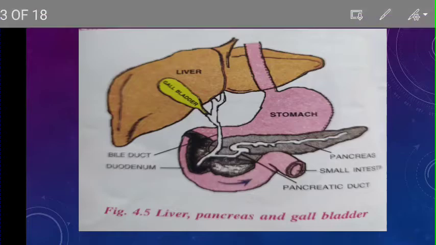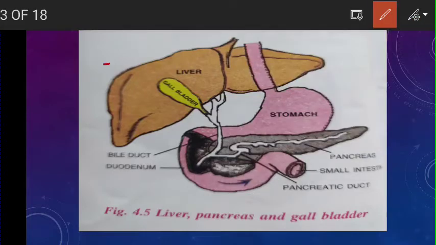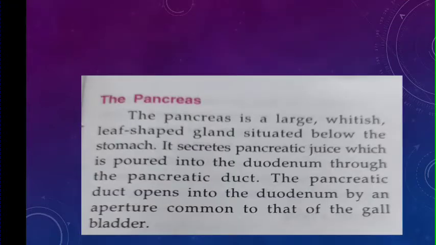This is the diagram of the bile juice, liver. So here you can see liver, and this is what? Gallbladder. So gallbladder, where is it situated? Gallbladder is an organ found just below the liver. Clear? Then this is the stomach. This one is pancreas. This is the small intestine, and this is what? Pancreatic duct. Clear? This one is pancreatic duct. This one is bile juice, which comes from where? Comes from the gallbladder. Through which duct? Bile duct. So this is bile duct. And this U-shaped structure, clear? This U-shaped structure is what? Duodenum.